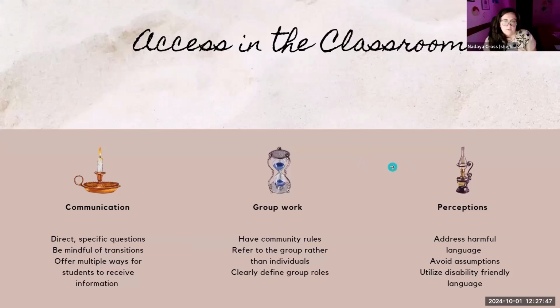For group work, develop community rules where y'all together say, we're going to have respect for each other. We're going to have open communication or what have you. That way the expectations for everybody are clear from the get-go. This is a big one we hear from students, especially with psychological disorders. It can be extremely anxiety inducing for students to work in groups. And when we talk through that, it's a normal aspect of work that we are prepping our students for, but there's still a great way that you as faculty can make this a safe space for the student to engage with their peers.